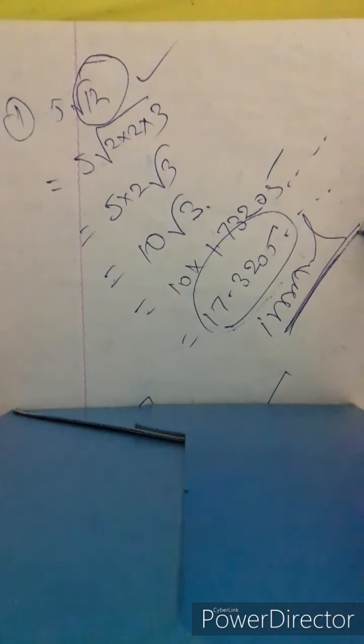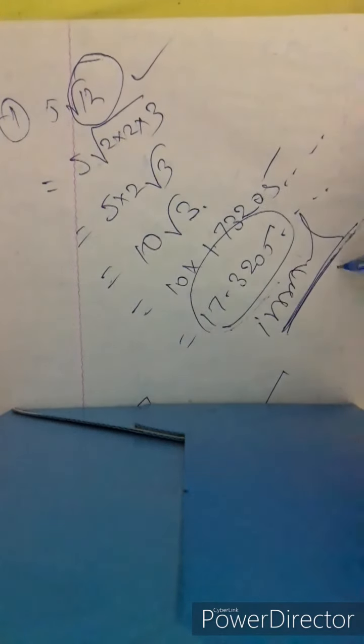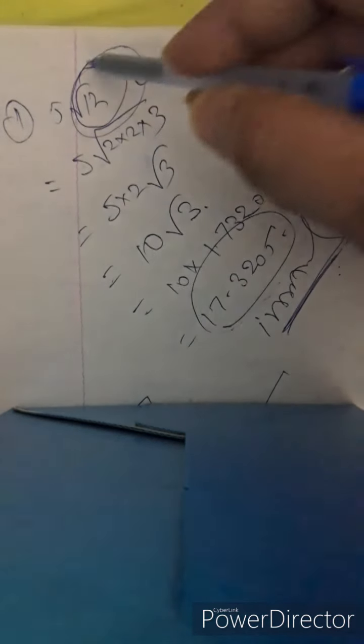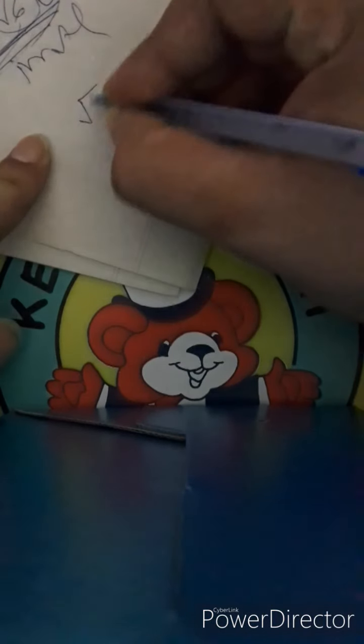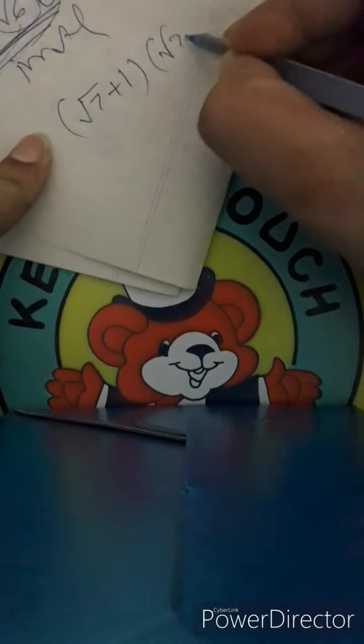Also you remember, this value of root was there. By directly seeing that, it could have been depicted that it is an irrational number. Any value of root is there, it is an irrational number. I'll show you just one more, that is root under 7 plus 1, root under 7 minus 1.